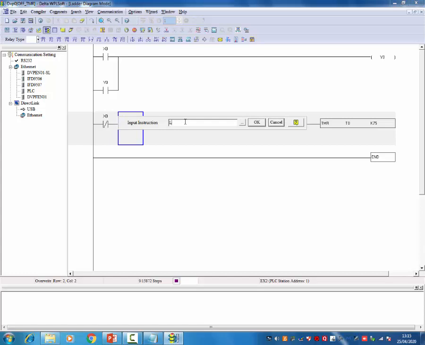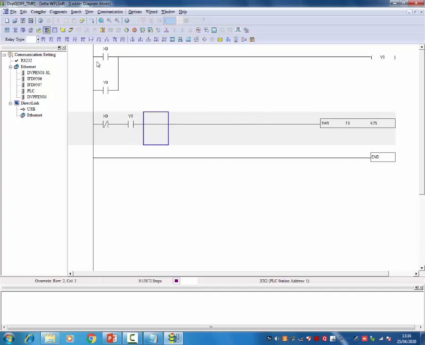And here I'm using LD Y naught. The output address Y naught is given to timer T naught, and when my switch X naught is in off condition, the output will be off after a certain time delay. This is my condition.